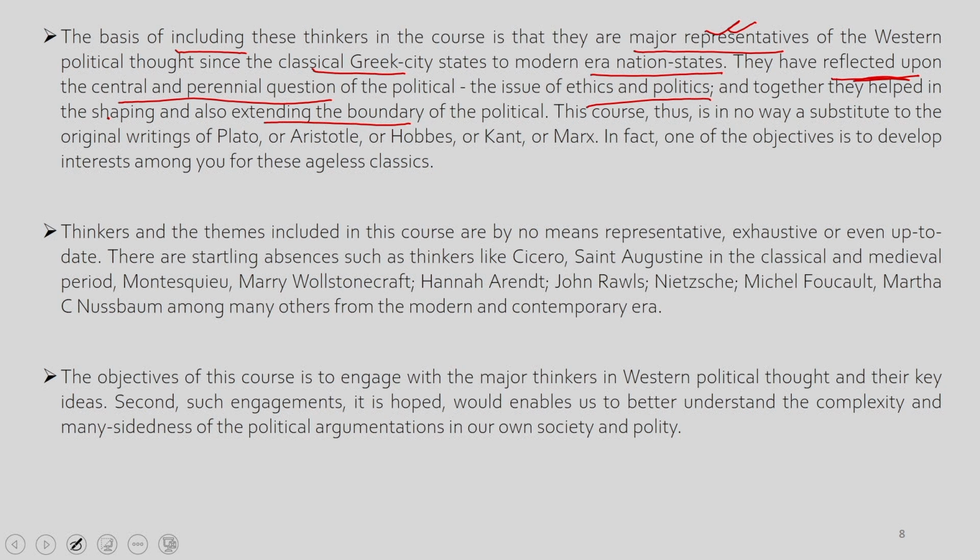So, this course is in no way a substitute for the original writings of Plato or Aristotle or Hobbes or Kant or Marx. That is an announcement for you all that you should not consider this course a substitute for their original writings. In fact, one of my objectives in this course is to encourage your interest to read